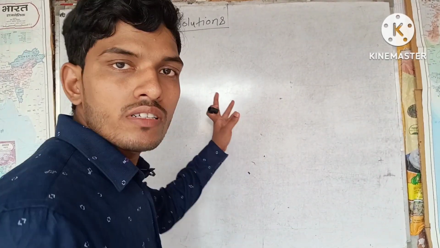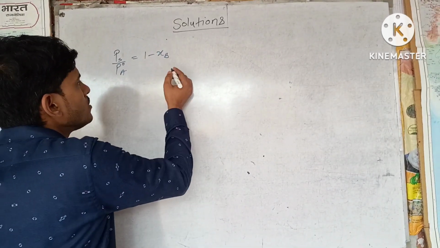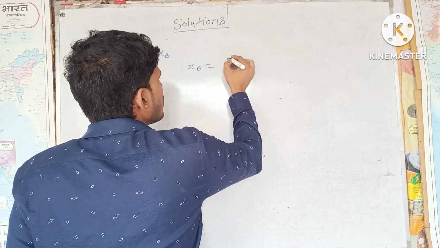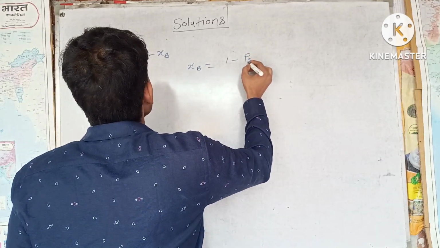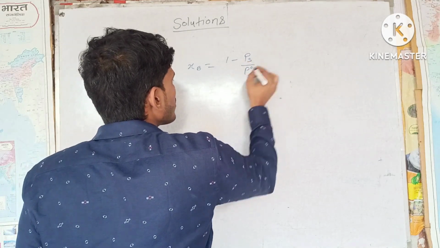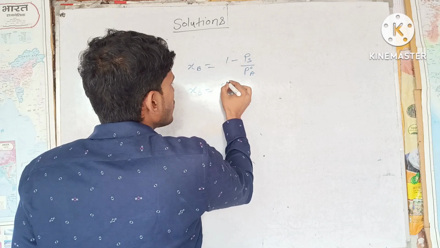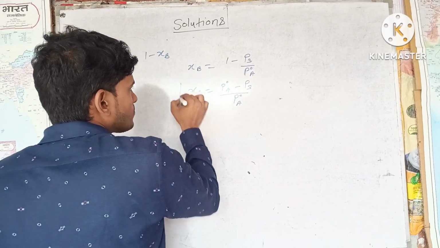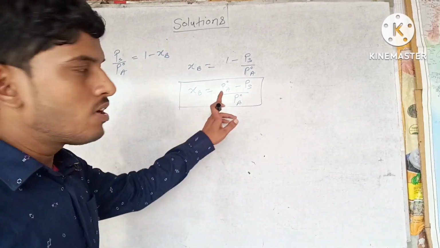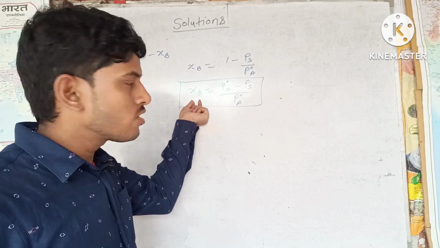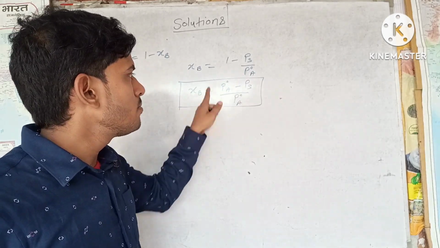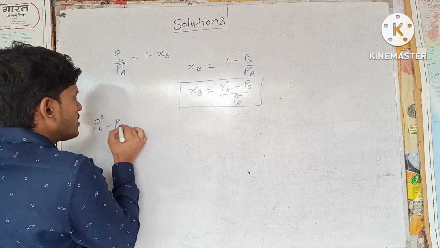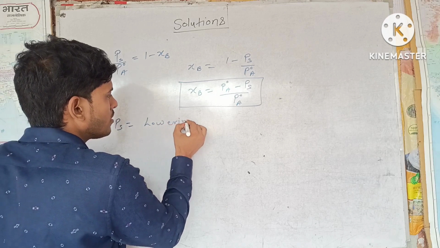So from here onwards we are going to solve this equation. So XB equal to 1 minus PS upon P naught A, or we can write XB equal to P naught A minus PS upon P naught A. So this is the formula. XB is the mole fraction of solute, and this particular term is relative lowering in vapor pressure. So P naught A minus PS is equal to lowering in